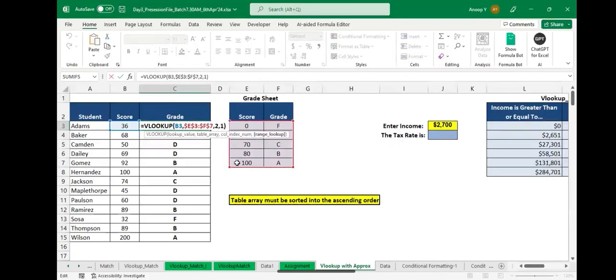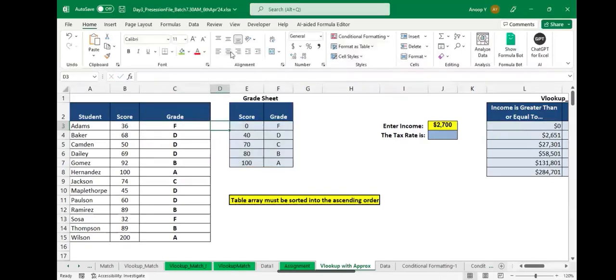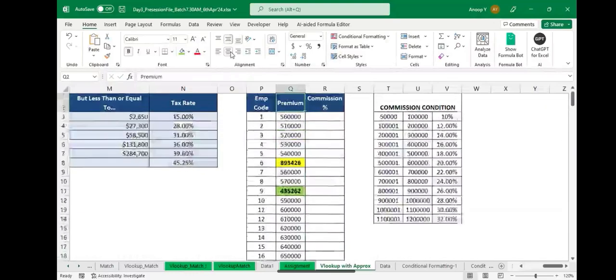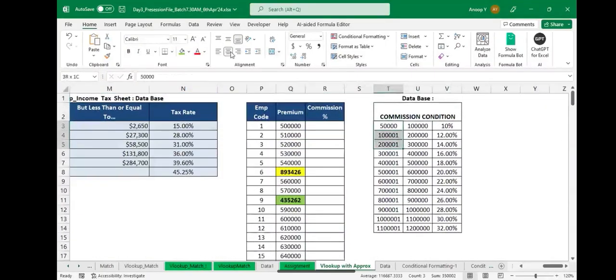जैसे दूसरा केस मैं आपको दिखाता हूँ। अगर मान लो मैं यहाँ पर आपको ये प्रीमियम अमाउंट दे देता हूँ, और यहाँ पर मैंने आपको एक टेबल दे दी कमीशन की। अब मैंने बोला कि अगर कोई भी प्रीमियम अमाउंट 50,000 से 1 लाख में होगा तो आपका कमीशन यहाँ पे 10% आना चाहिए। अगर कोई भी अमाउंट 1 लाख 1 से 2 लाख में होगा तो 12% आना चाहिए। तो अब यहाँ पर आप यूज करेंगे वी लुकअप।